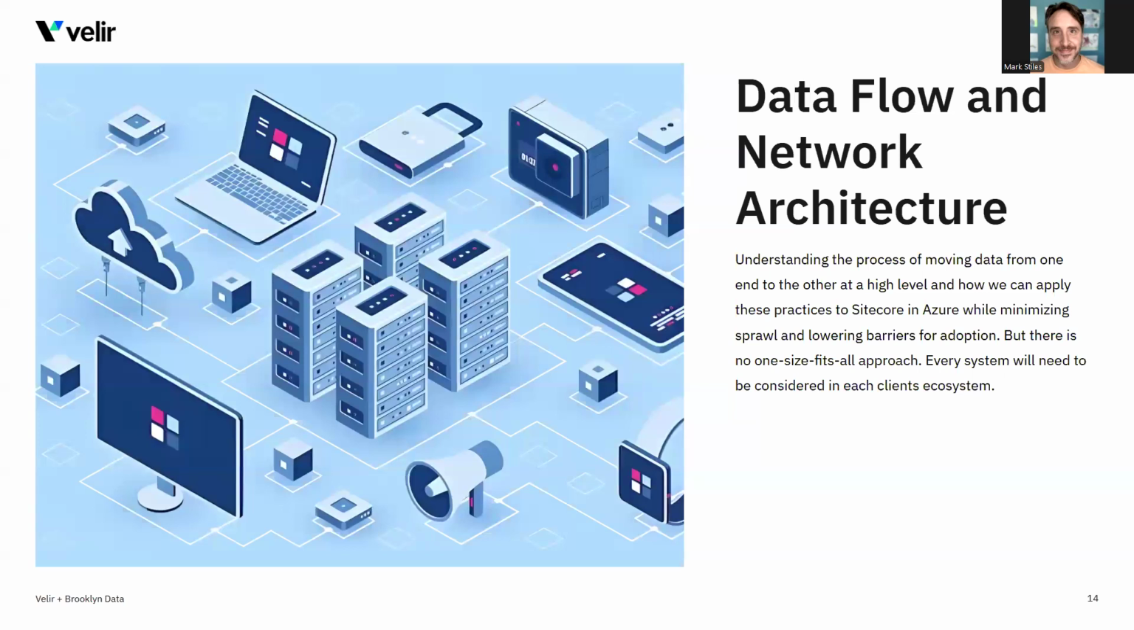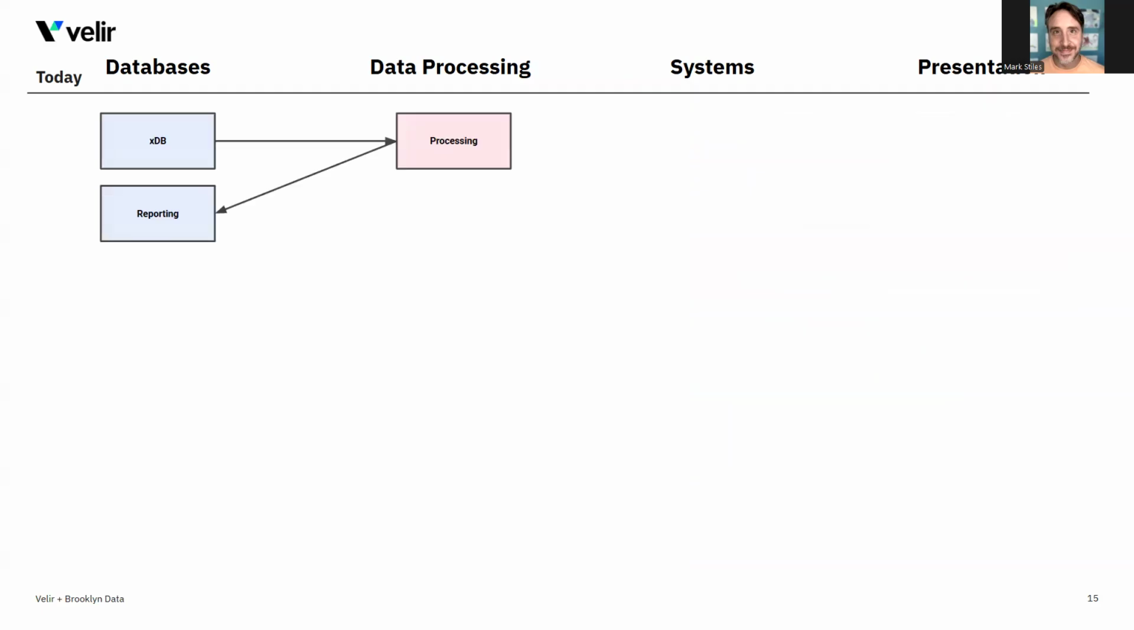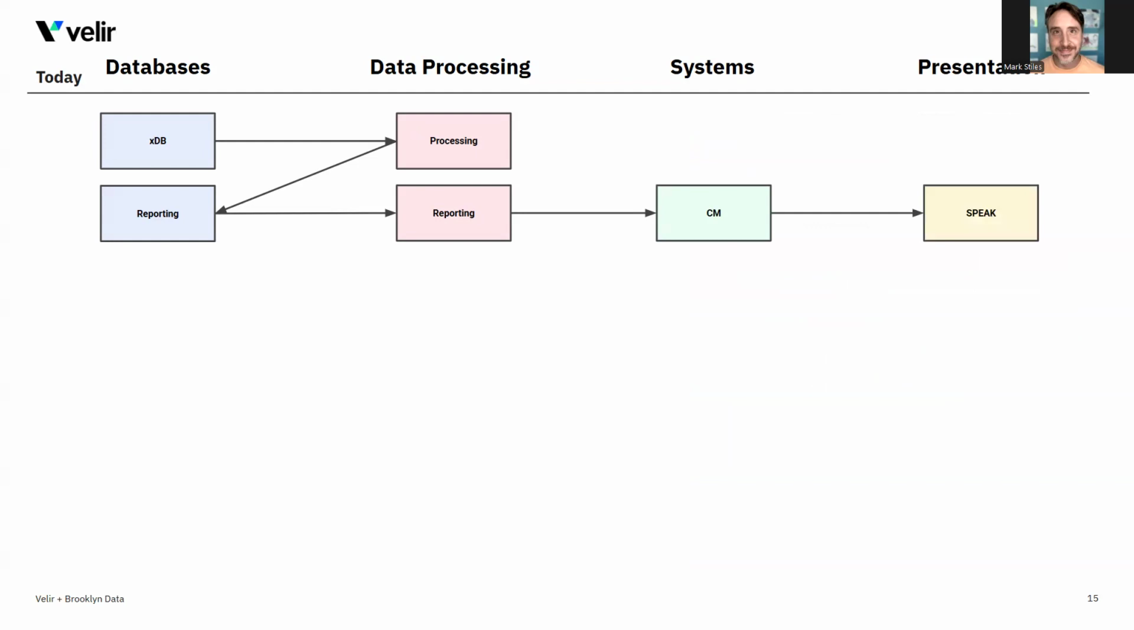So let's talk about the data flow and the network architecture, because this is really where you start to see the high level of how the data moves and how we're going to try to make it move. So for right now, in today's current XP system, you have the xDB. The processing engine goes and pulls out the data as it's being collected and starts aggregating it into the reporting database. Then there's a reporting service which reads from the reporting database, and then a CM that talks to the reporting service, and then uses the Speak UI to render all the visuals